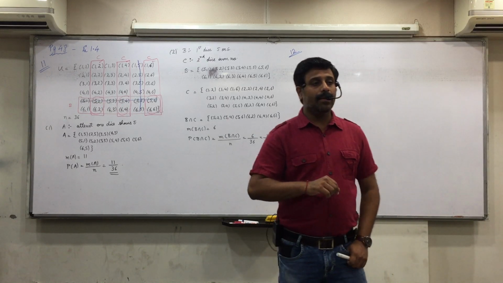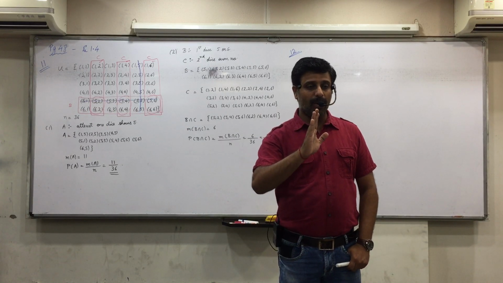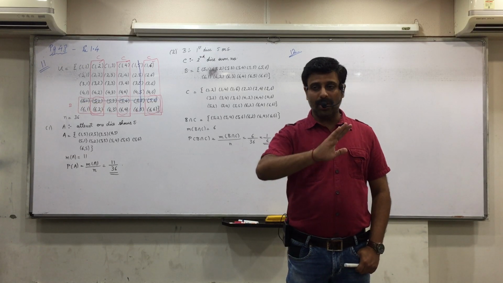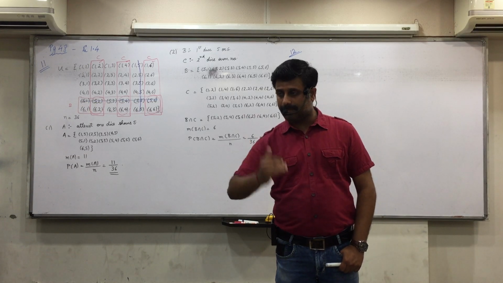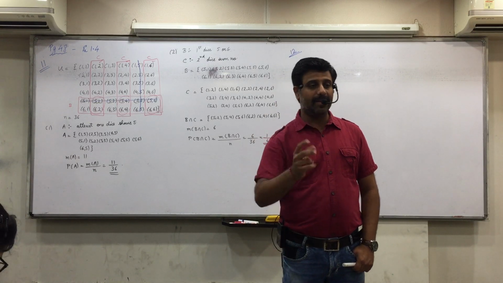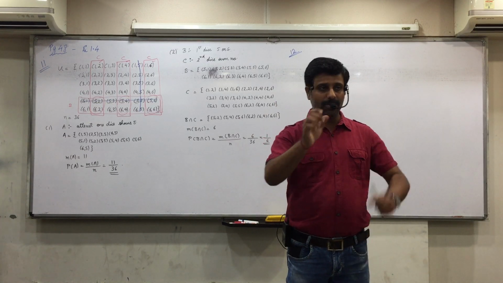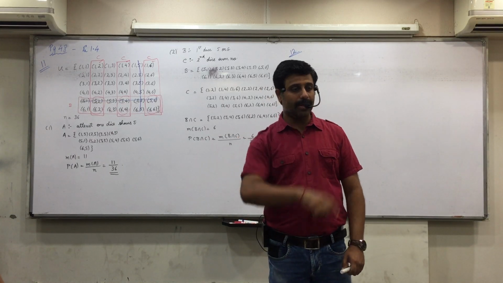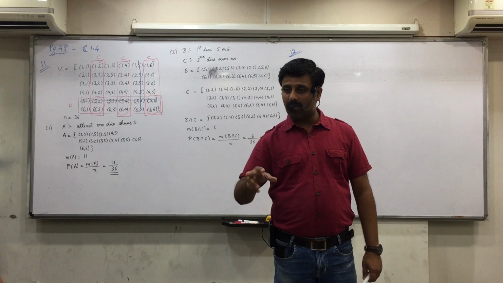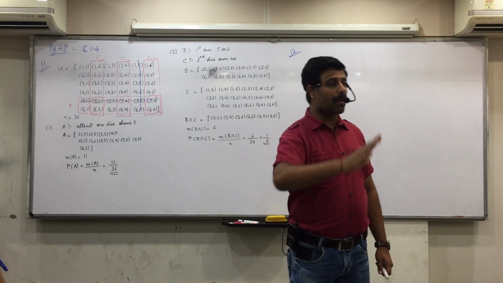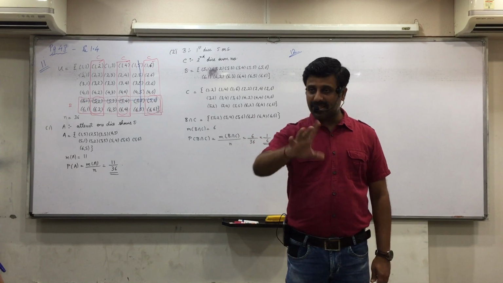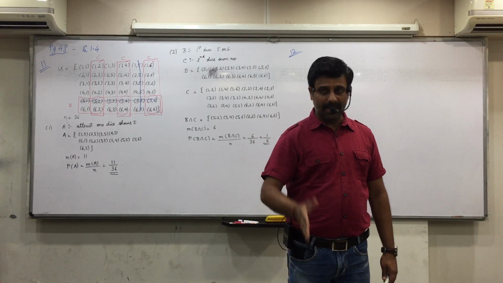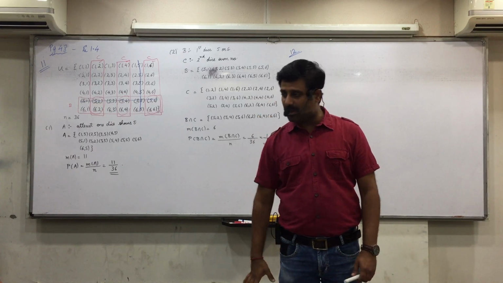Now A union B union C. Tell me one thing. Does the solving of the problem correctly by Tanya depend upon the solving of the problem correctly by Kathan? Means, are they dependent events or independent events? We assume they don't copy, so they are independent events. One more thing. Can any two of them or all three of them also solve the problem correctly? Means intersection is possible. A and B can solve the problem correctly, means Tanya and Kathan. That is, A intersection B is possible.